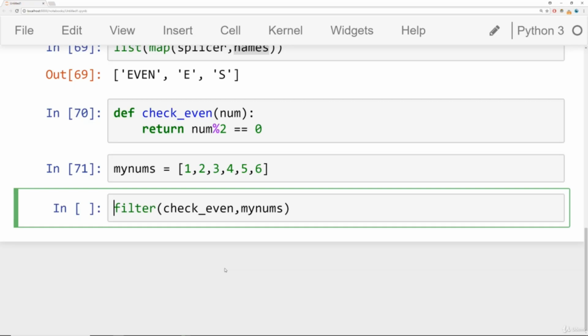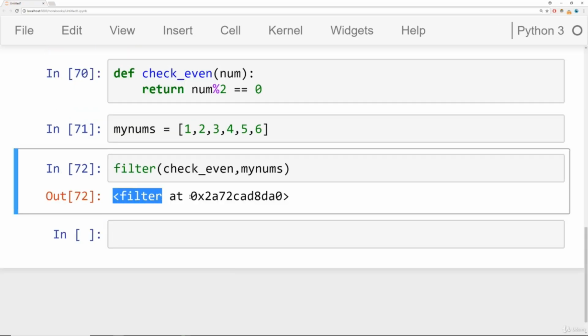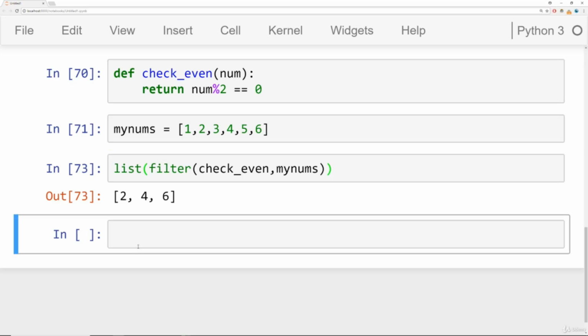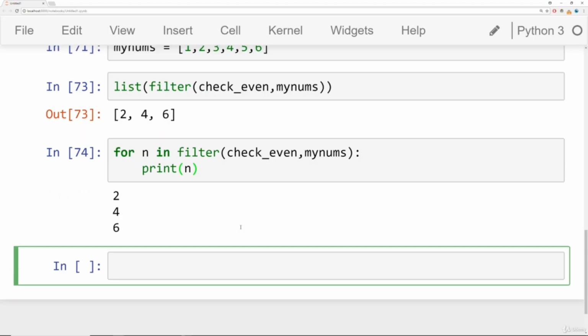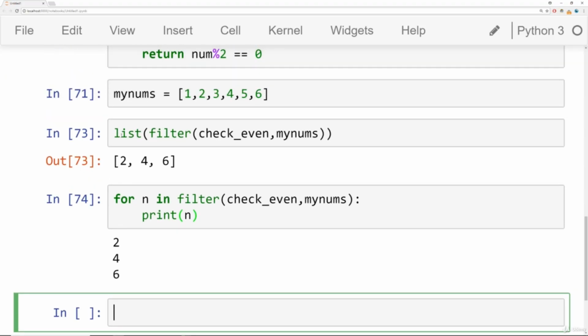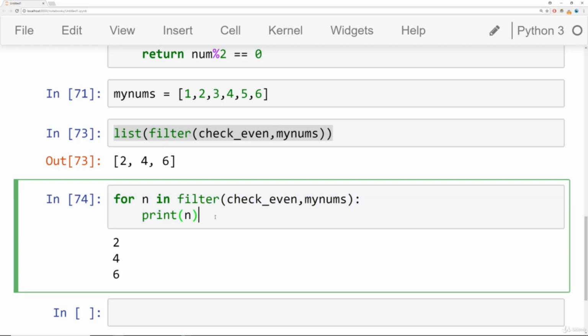And again, just like last time, if you run this by itself, it's going to say, hey, you have a filter object at this point in your memory. Instead, what we want to do is either transform it to a list so that we get back only the even numbers here, or we can iterate through it. So we can say for n in filter apply checkEven to my nums, print out n, and we see here we've printed out 2, 4, 6. So you can either transform it to a list or iterate through the results that this